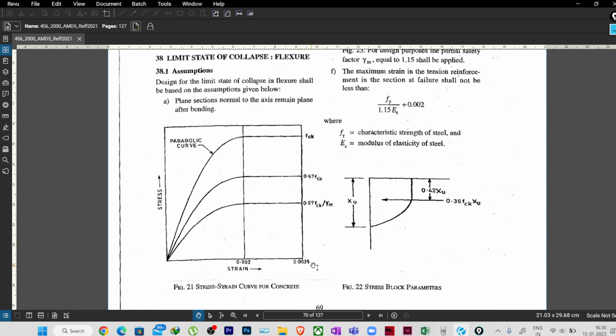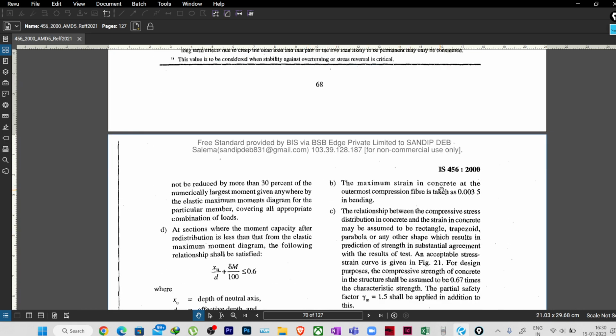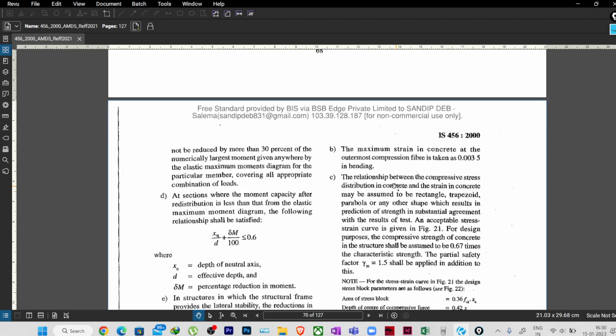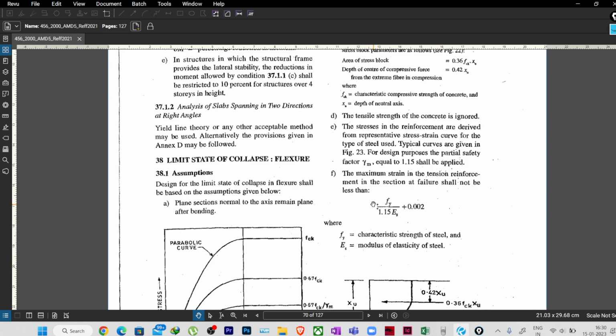You can see corresponding to the maximum strain of 0.0035, we will be reaching the fck, that is the compressive strength of concrete. The maximum value will be reaching here. So here it is written that the maximum strain in concrete at outermost compression fiber is taken as 0.0035 in bending. Okay, so we are talking about bending. And if you talk about the steel, the tension, you can see the maximum strain in tension reinforcement in the section at failure, that means the maximum one,